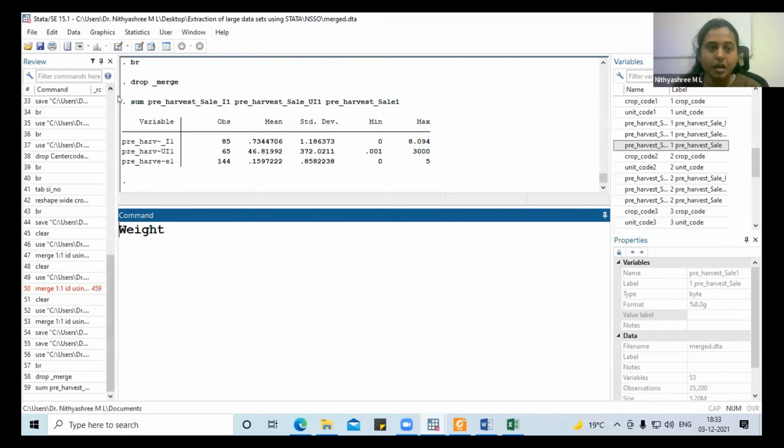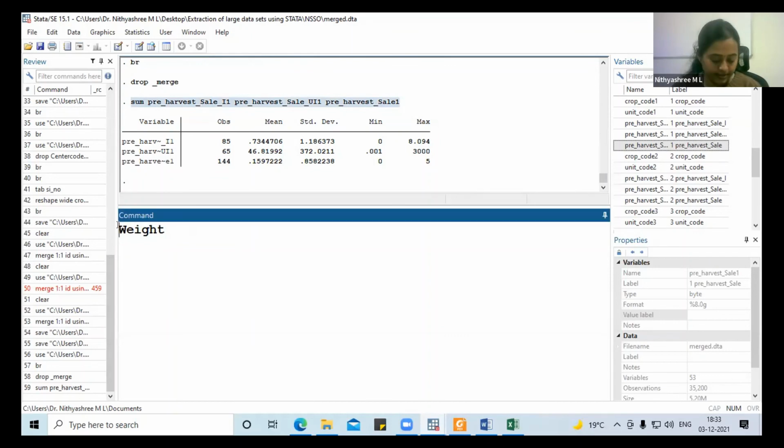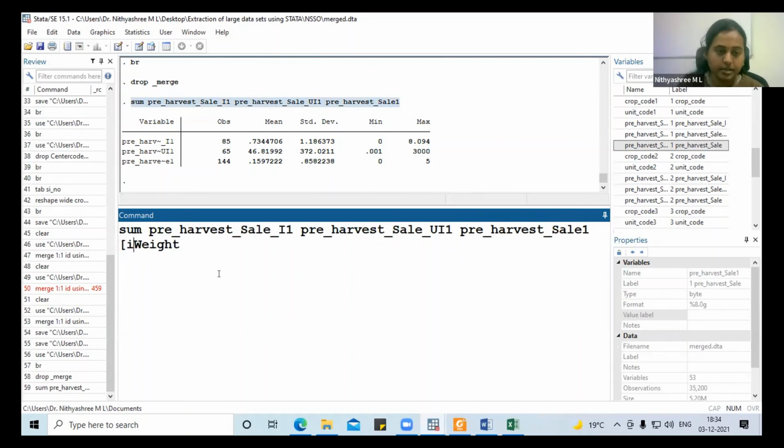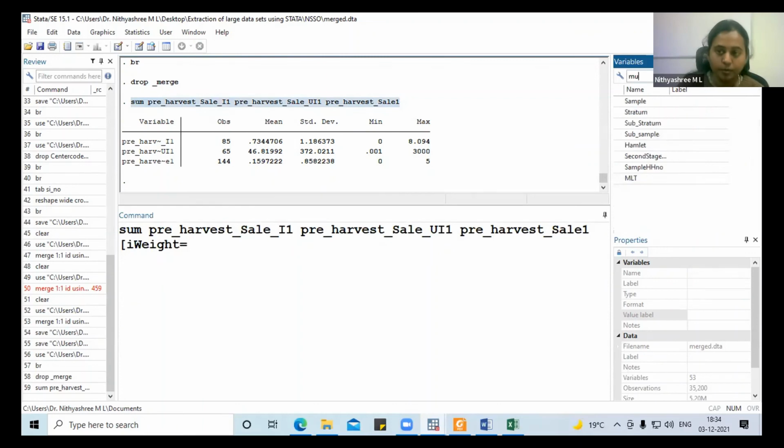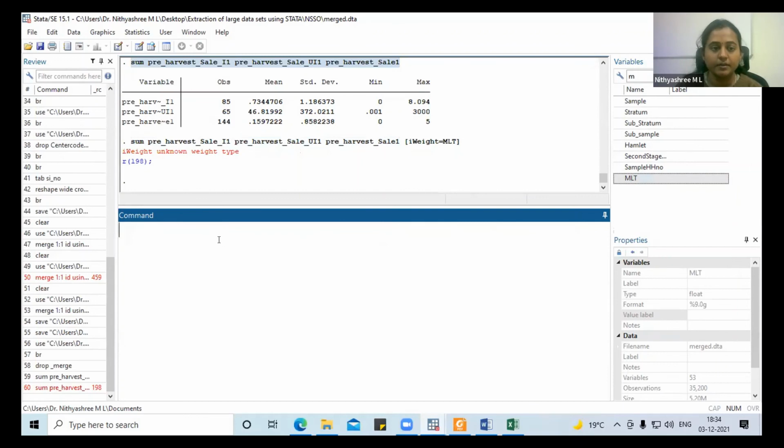How do you give the weight? Same command, sum, but within the brackets you mention iweight. What is your weight? The multiplier. How do I know? Yes, MLT. How I came to know MLT, how I created it, every piece of information is already given.